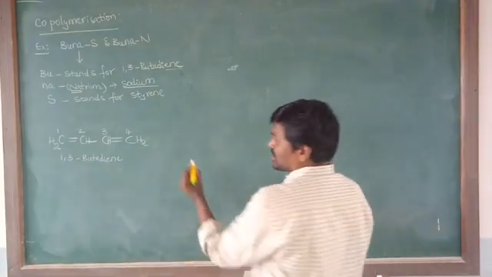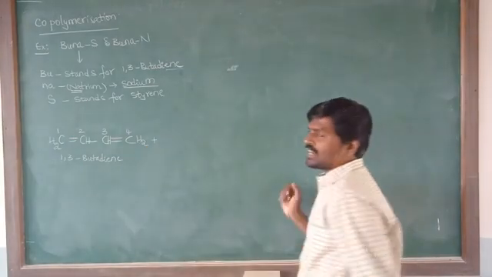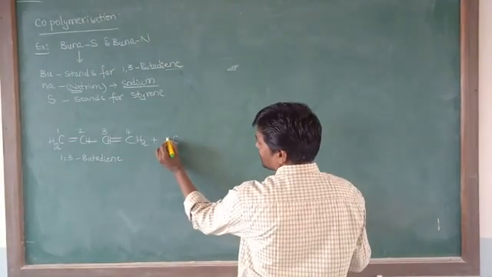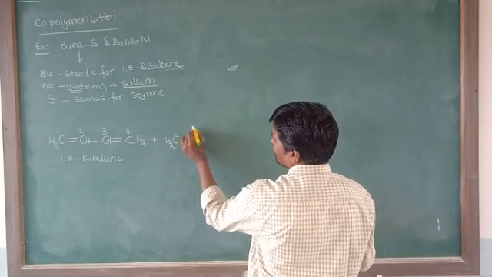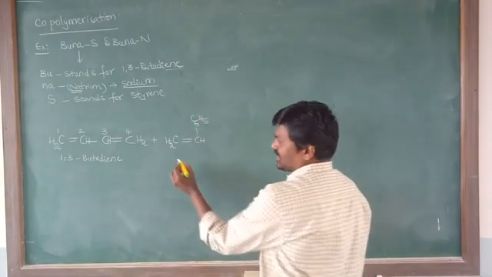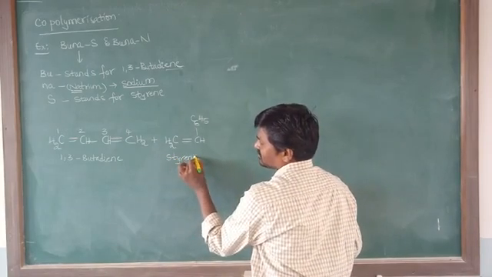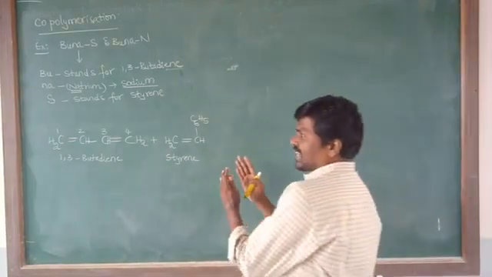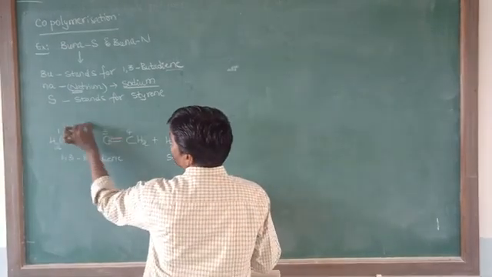Now this 1,3-butadiene is reacting with styrene. What is the formula of styrene? That is CH2 double bond CH C6H5. Now this is the structure of styrene. So whenever the reaction is carried out between 1,3-butadiene and styrene, at that time